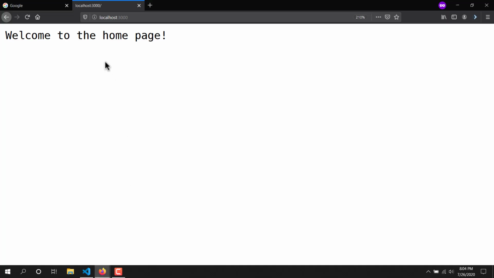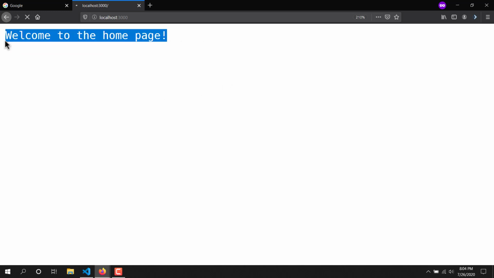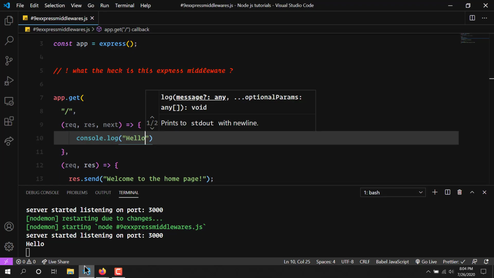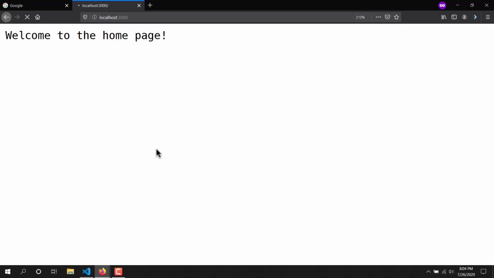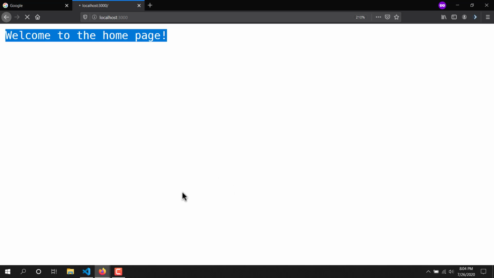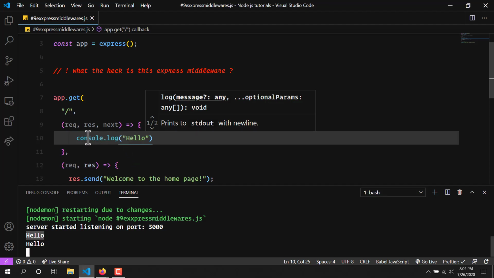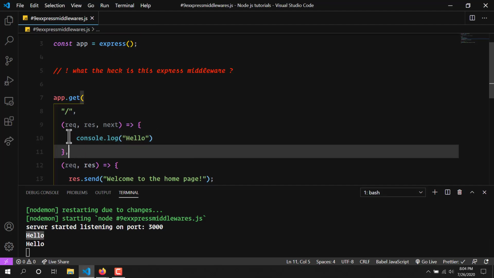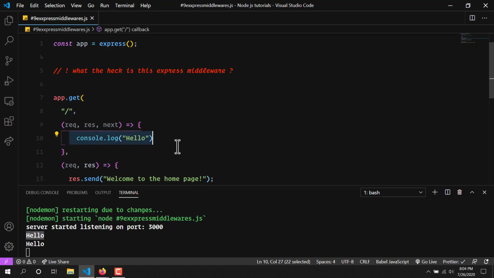If I refresh this page again, as you can see, it is refreshing, it is not actually loading the page. Why? Because as you can see, we got hello. So why is this happening? Before displaying any content in the browser, Express middleware is executing the piece of code present inside this anonymous function.